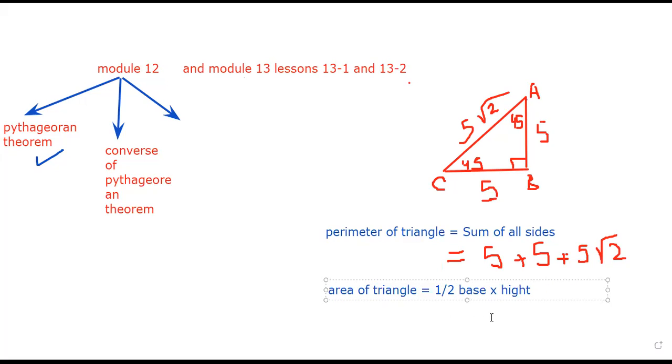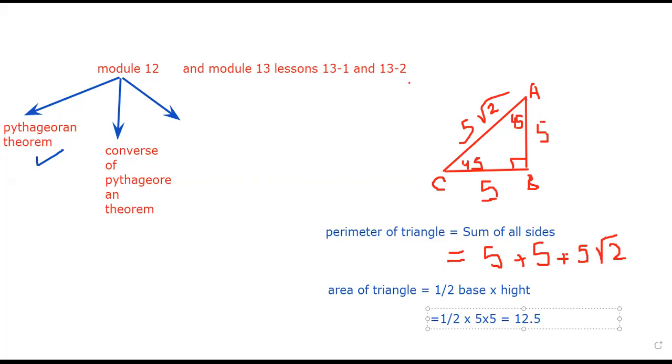Where is the base and where is the height of the right triangle? It will be the two legs. The two legs, each one represents the base and the second represents the height. So it will be half times the base, which is 5, and the height, which is also 5, and then we will find the answer. It will be half times 5 times 5 equals 12.5